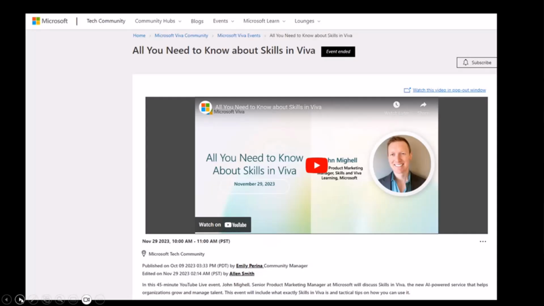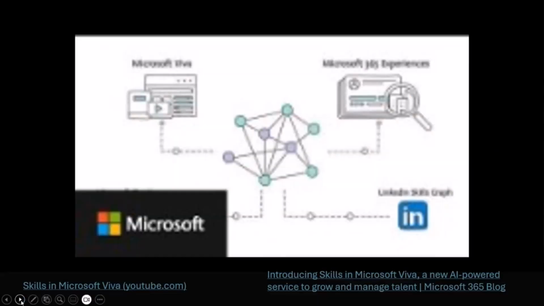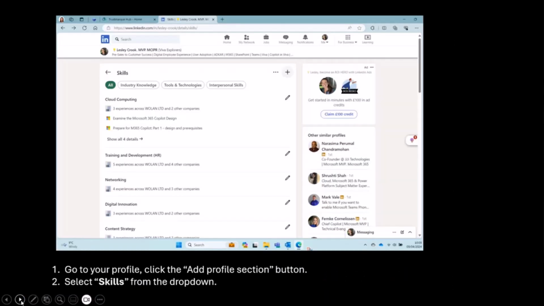But Skills in Viva is landing. This is a thing. It's coming from LinkedIn Graph with Microsoft Graph. It's owned by John Mile. This was announced by Microsoft in November at Ignite. So this session is there if you want to go and have a look at it. It's going to be pretty powerful stuff. There is a video. I'm not going to show it now, but David's going to put it in the chat. It's about a minute and a half, and it's a Microsoft video that shows you how